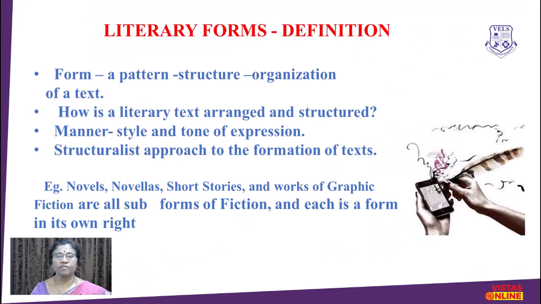What is the definition of literary forms in the first place? Literary forms is how a text is structured, and it's a general arrangement of words to form meaning. Every literary form has a set of structures which helps readers to classify the kind of work it is. Some literary forms are defined by the length, like the novel, novella or short story. Some forms are defined by the number of lines, like the sonnet or haiku.